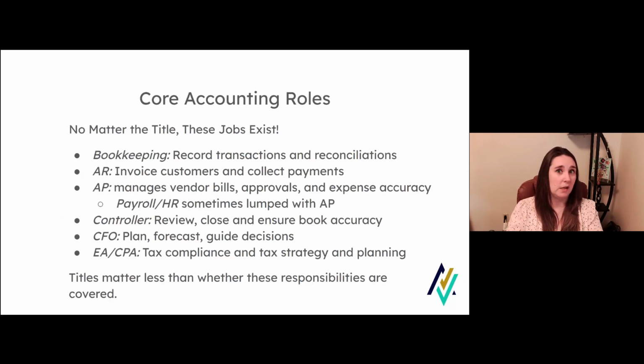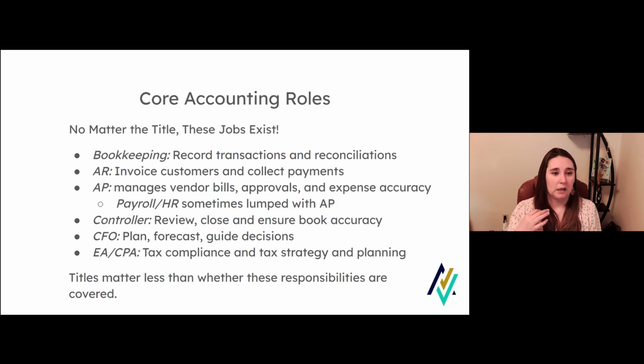So what are the accounting roles? We have a couple of them, and there's a lot of things that interchange and happen, but there are some distinct roles that we'll chat about. Bookkeeping is the broad overhaul of what's actually happening, where most people say, oh yeah, that's for my bookkeeper or my accountant. So what does that actually mean? Bookkeeping in general is just recording transactions and doing reconciliation. So any money coming in, any money going out,